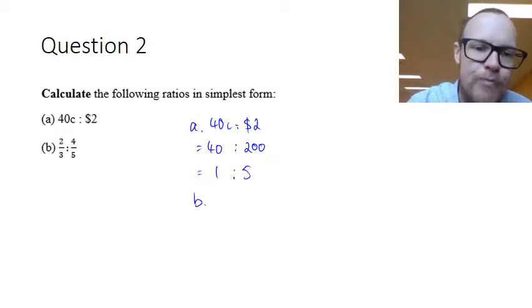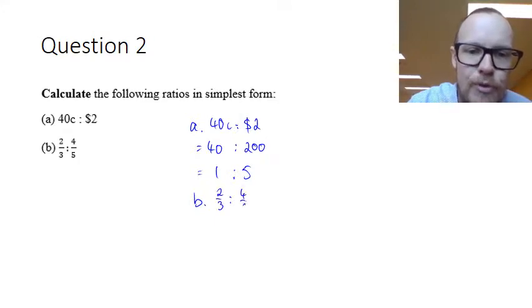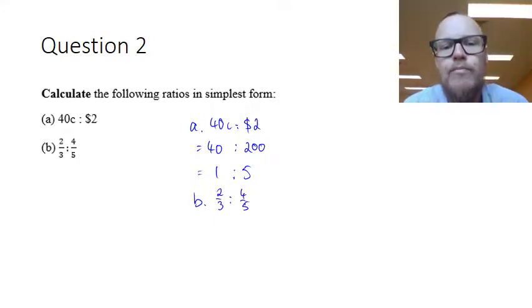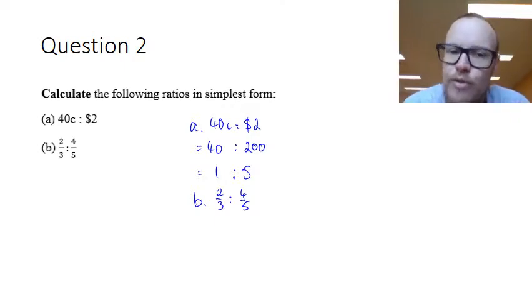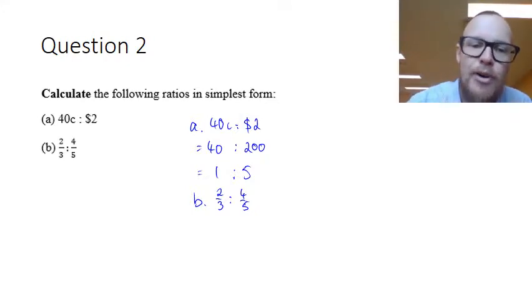For B, we've got 2/3 to 4/5. There are a number of different ways you can do this. Probably the easiest way, I think, is to multiply by the lowest common multiple of the denominators. So the lowest common denominator that we have is 15. So if I multiply by 15,